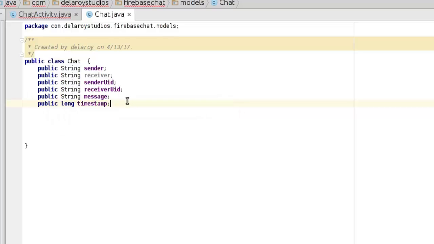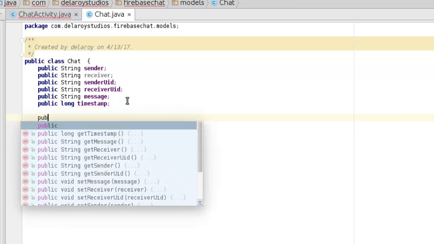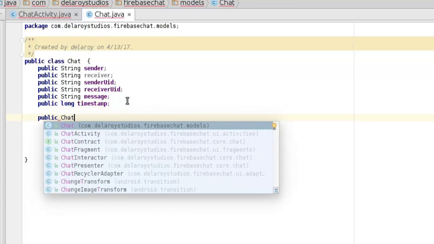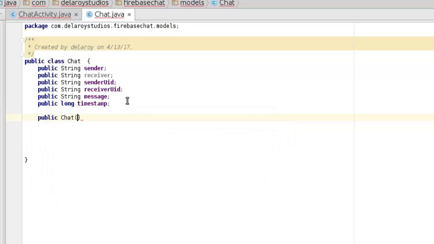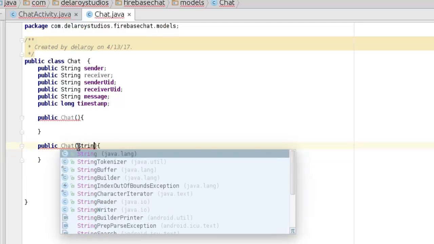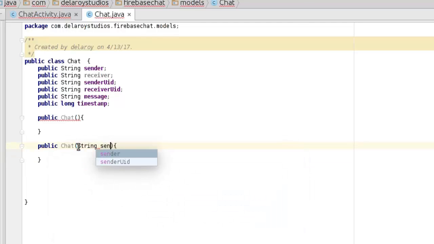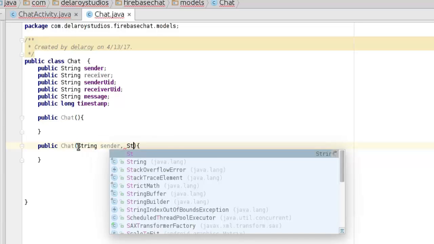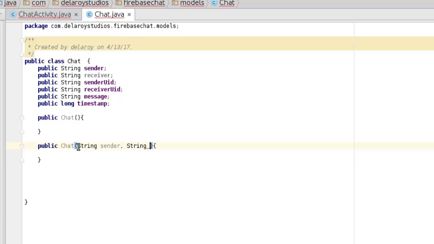Set. And now let's have the constructor public chat. That's set. It's an empty constructor anyways. And let's have the major one. Now the public chat. So now this one is going to have the parameters. First string sender, another string receiver,